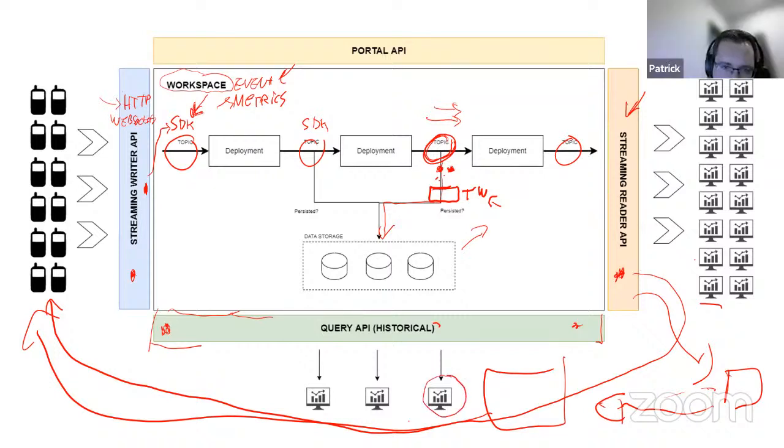Yeah, it's querying the historical data. So if you have an application that, instead of a dashboard in real time, you want to query data of another dashboard or some table or whatever, the visualization is the less important. But if you need to query this historical data, you can use this API.